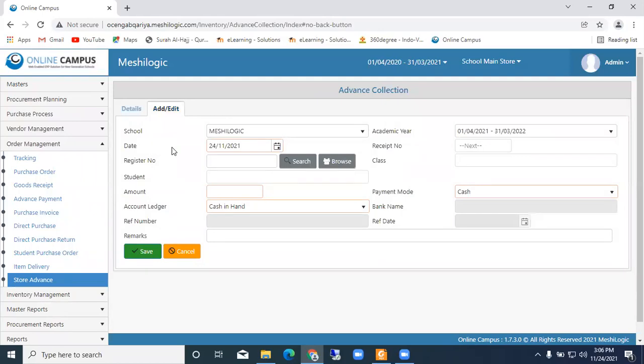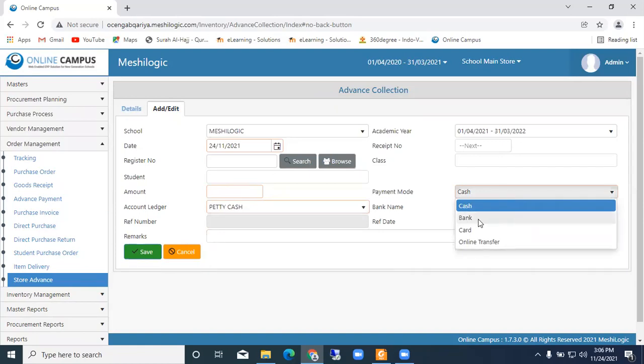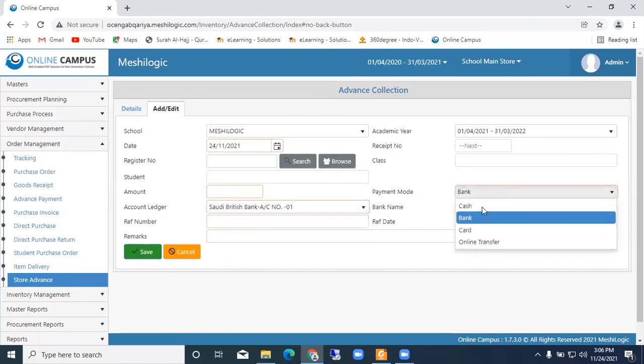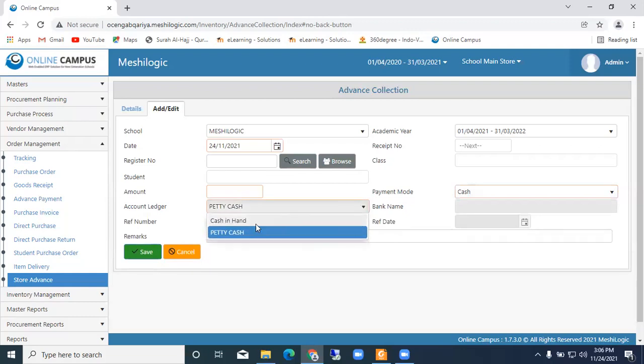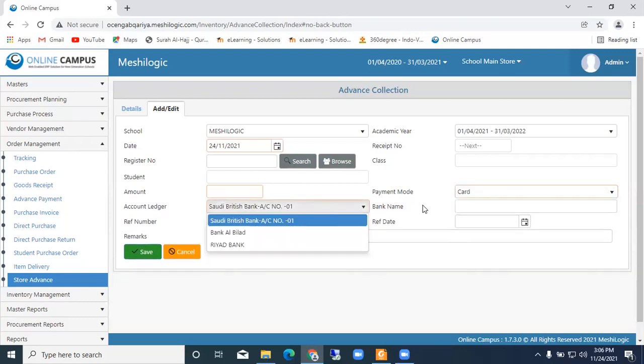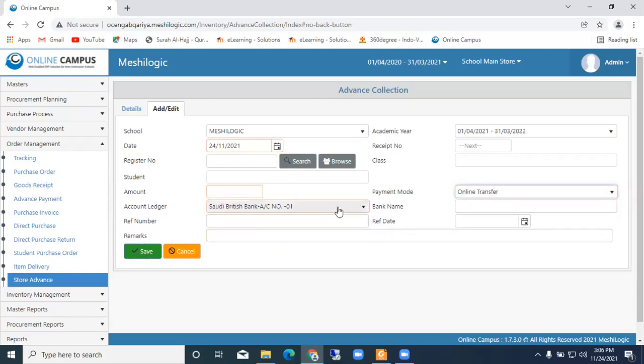Okay, store advance. Here you can mention purchase from cash in hand, purchase from petty cash, purchase from bank, those details. If I say bank, all the bank details we have in the accounts will come here. If I select cash, in cash we have two ledgers, cash and cash in hand. Suppose I select card, the card details will come here. Suppose I say online transfer, the online